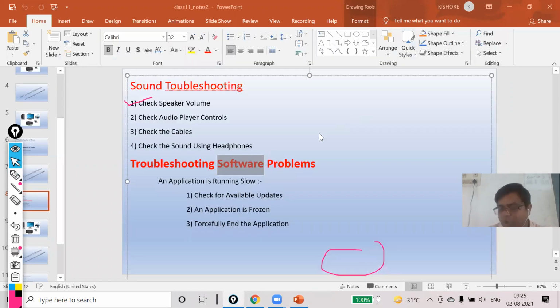Third one, if your sound is still not working, then you have to check the cable. In case you are having external speakers, ensure that the speakers are plugged into the electric socket, because of power supply. Not only that, you have to see the port.